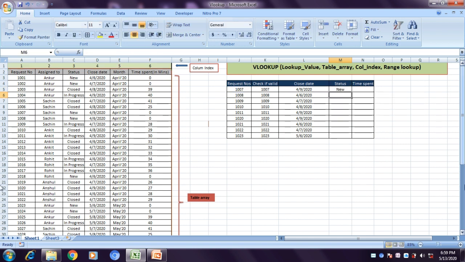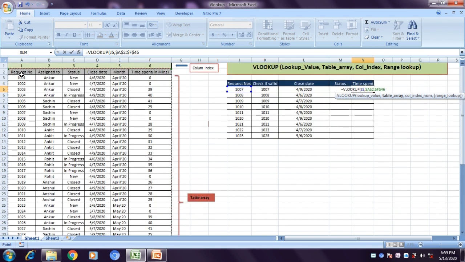Similar way, let's try for time spent, lookup value remains the same, table array remains the same, F4, and then column index is 6. 1, 2, 3, 4, 5, 6. Time spent is on 6th number, so I'll pass on 6. And I want the exact match for this.